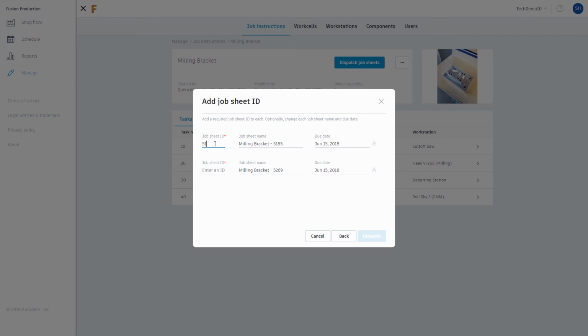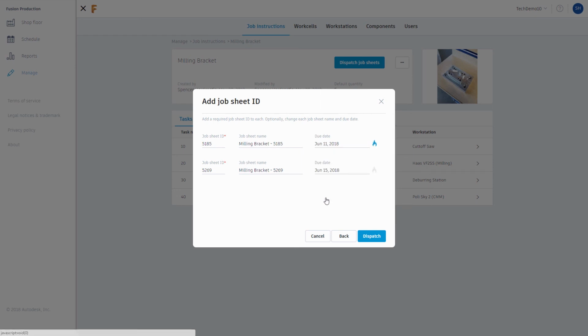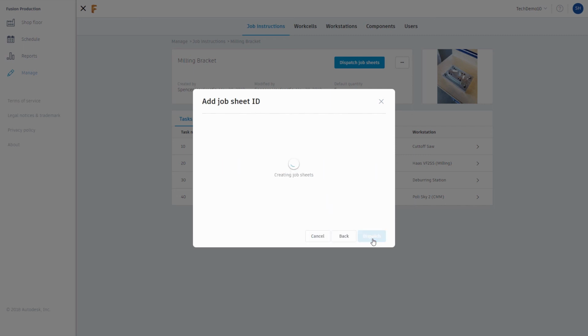The specific job sheet due dates can be customized, and if the job is considered high priority, you can choose to flag it as a hot job. This adds a visual flame icon to the job sheet, and it will receive scheduling priority. Click Dispatch to send it to the shop floor, and the QR code or the whole job sheet can be